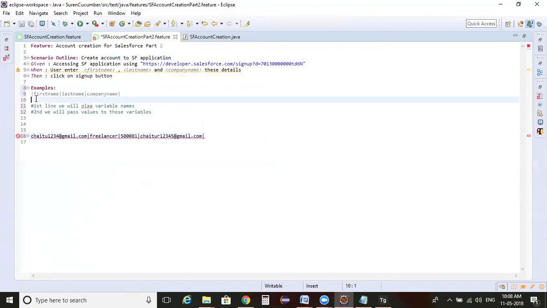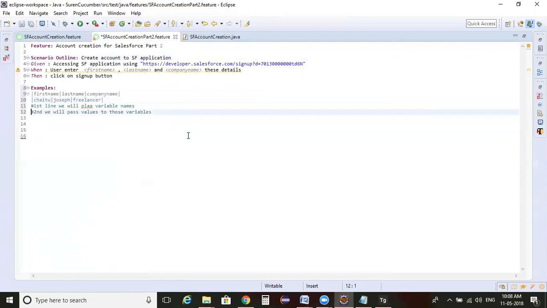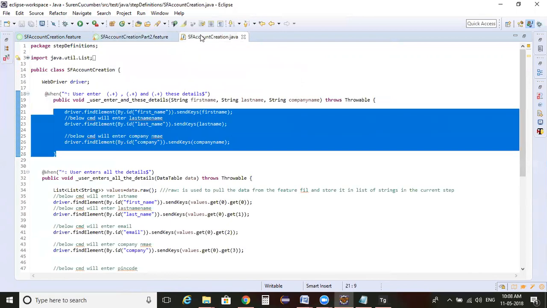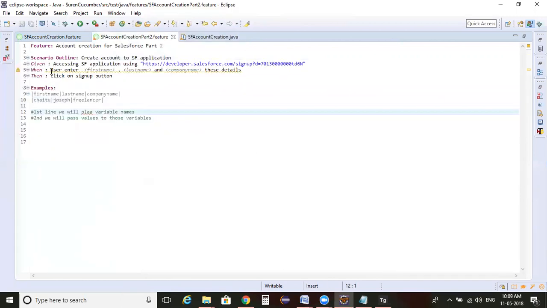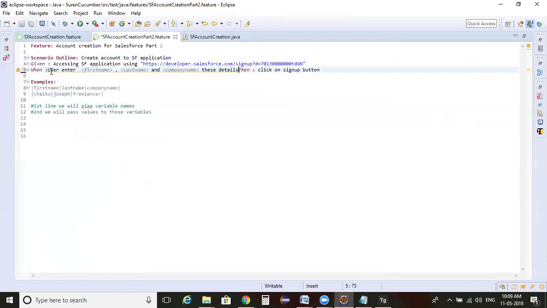Here, the first name is Chaitu, the last name is Joseph, and the company name is a freelancer. I passed this much of information. So ultimately, I converted this one into a step definition. That's it. This is the simplest point of what we did right now.